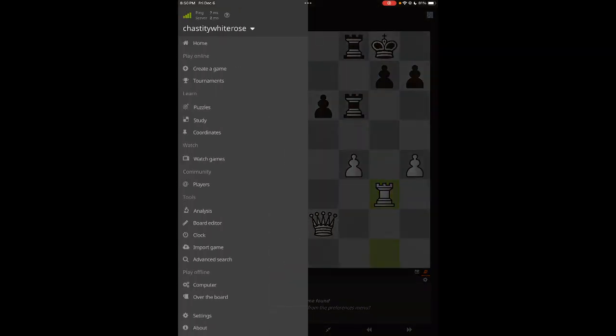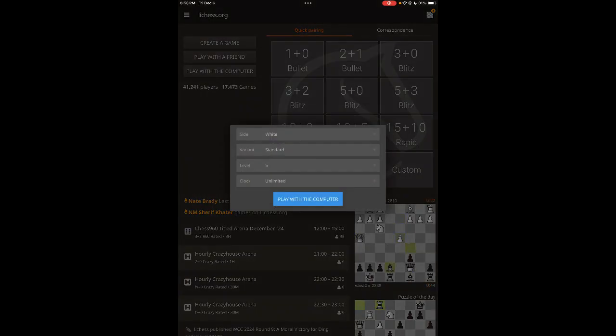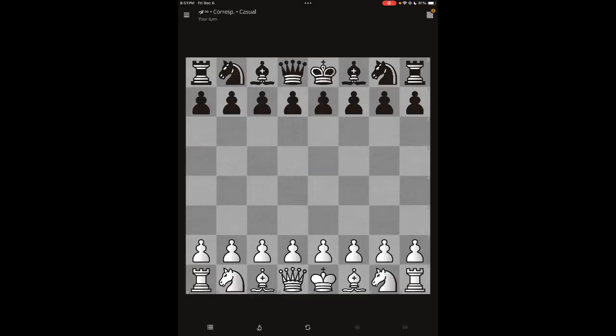Another feature is we can play against the computer. What's great about playing with the computer is that it doesn't have to be another person. It just helps you to practice. Since you're a very beginner, for example, we would do the level 1 computer, because the level 1 computer is beatable, obviously. But it's still going to be a challenge for new players. So let's try this. I specifically chose to play as white just so we can try out the Queen's Gambit here and see if it works.